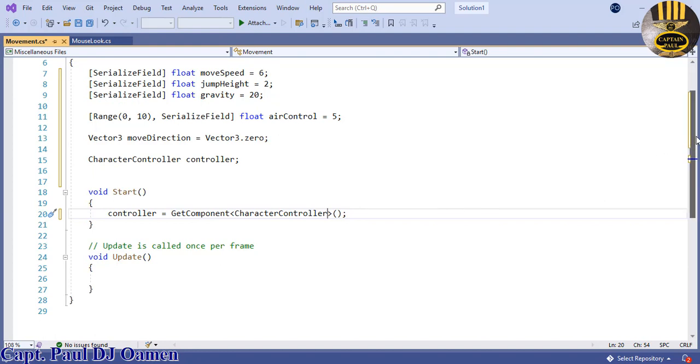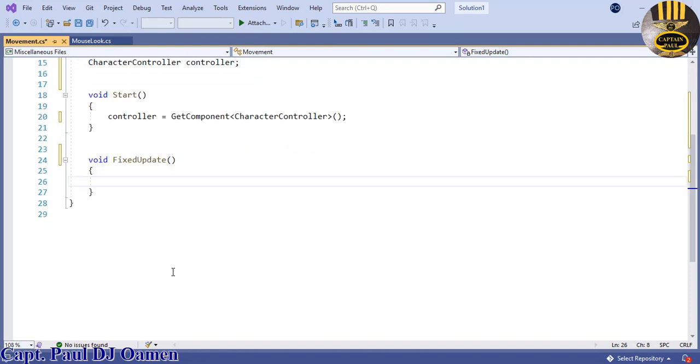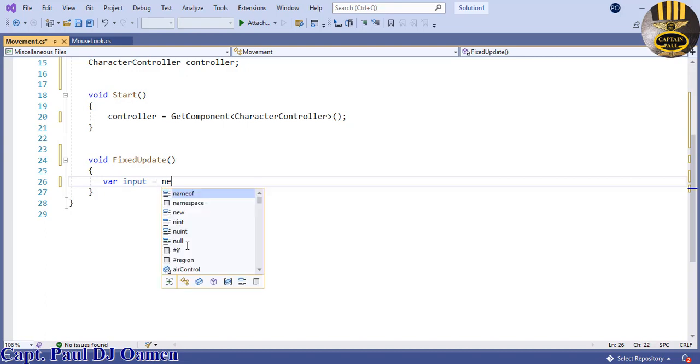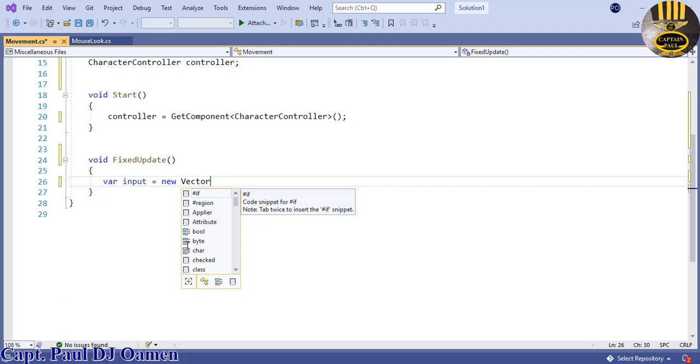Okay, next thing now is for us to do our movement logic in a FixedUpdate, so that the movement can happen at the same pace as the physics update. So in that case, I'm going to change this to FixedUpdate. Let's get rid of this, and right in here, let's declare the following for the input. So I'm going to say view input, and that is going to be equals new Vector3, and the Vector3